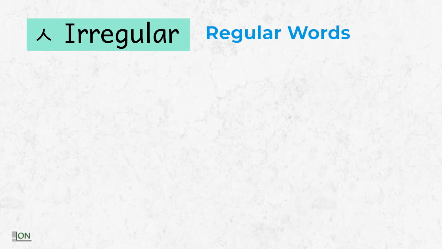Now let's look at some regular words. Here, regular words mean that the words that will appear now don't follow the previous pattern. That means that the Siot letter does not get removed from the 받침. You have to simply memorize such words, so definitely make sure you write the following words down.